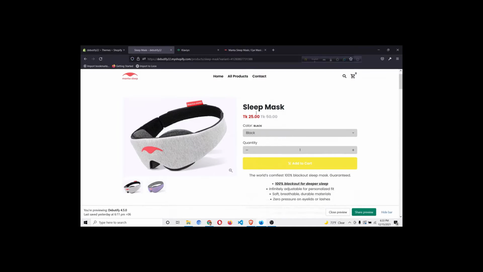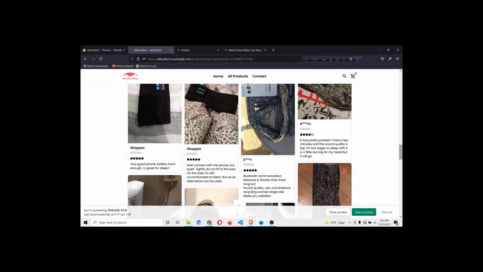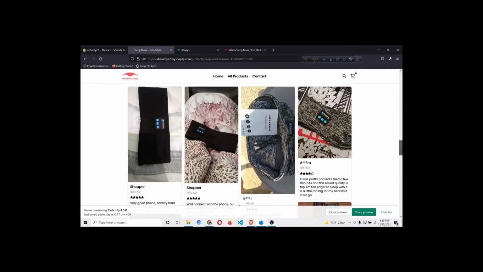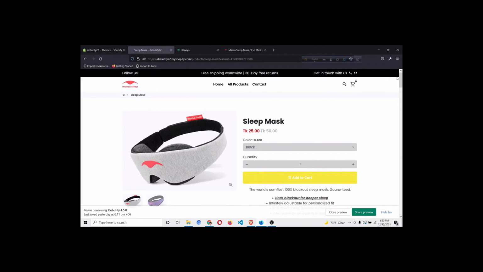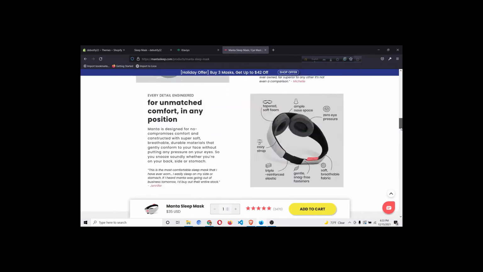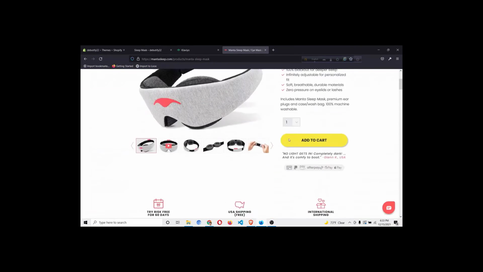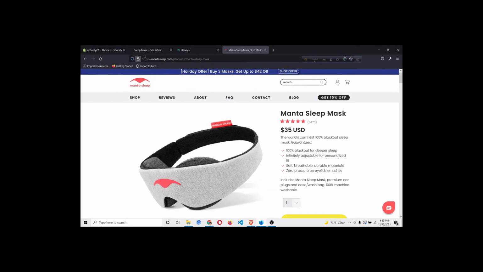Now we'll see how to change the default product page that we have using the Debutify theme to something more customizable or more branded, like this store, Mantra Sleep. As you can see, this type of flow you cannot make using the theme's default options. You need something custom or a page builder app. So go to